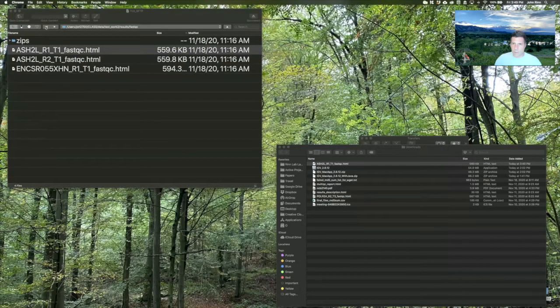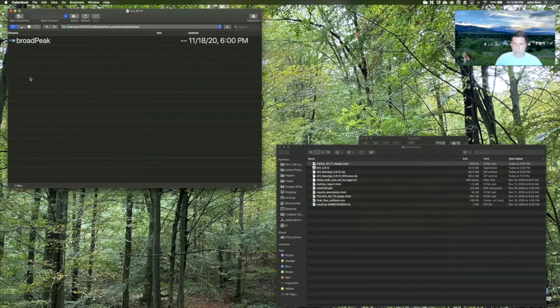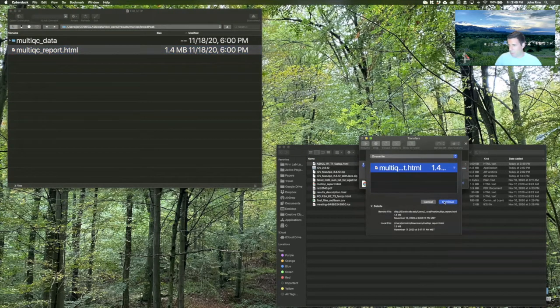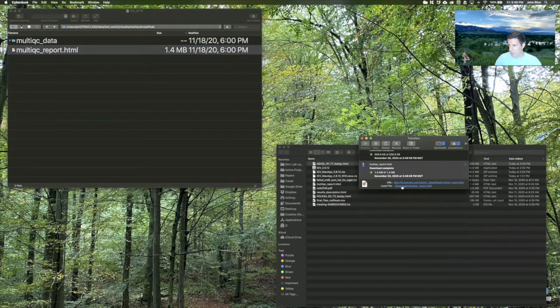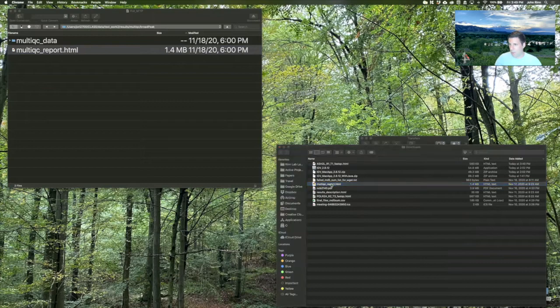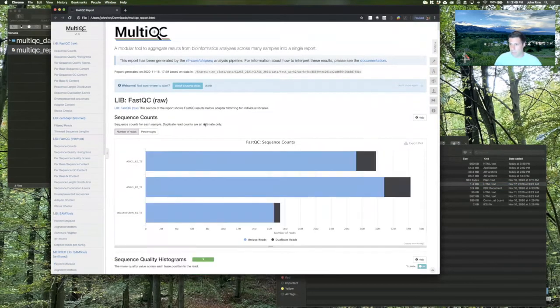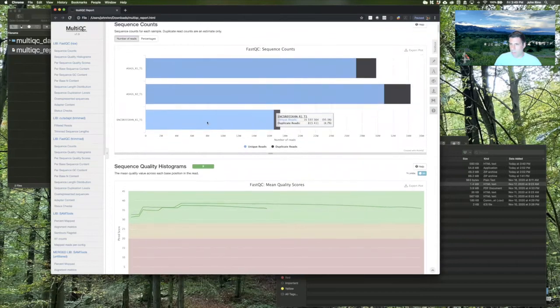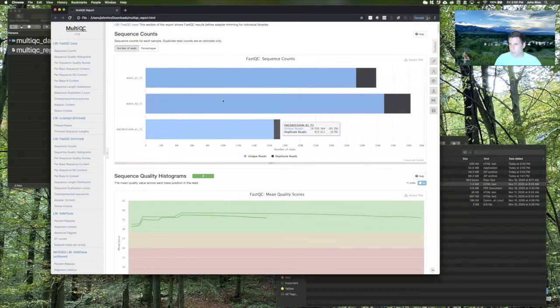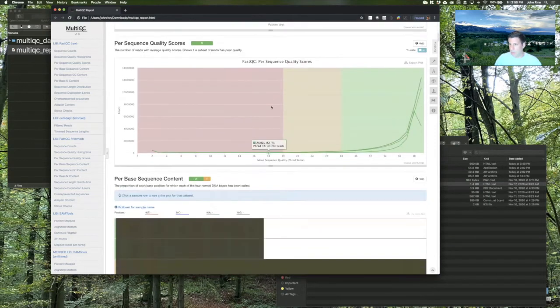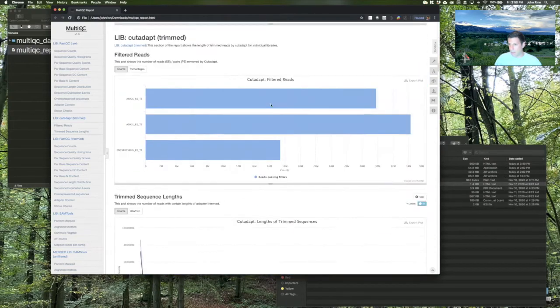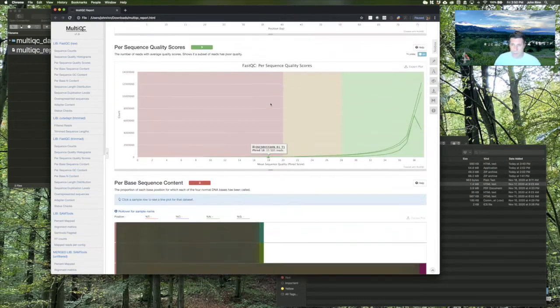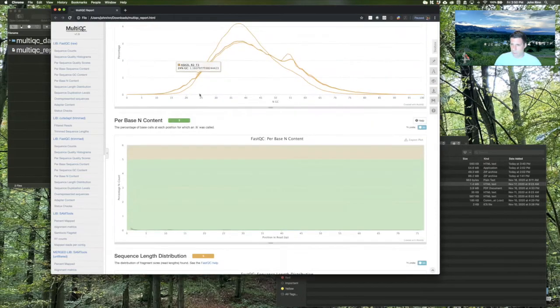So that's just for one sample, but the MultiQC is kind of nice to look at here in that same report, where now it's just downloading to my computer with the file transfer. We can take a look at it. What's nice here is we're going to see all 3 of our samples. Our input is always going to look a little different, and that's good, than our actual controls. You can scroll over these and it gives you this information, and there's just tons of data already that you can present at lab meeting or wherever on the quality of your